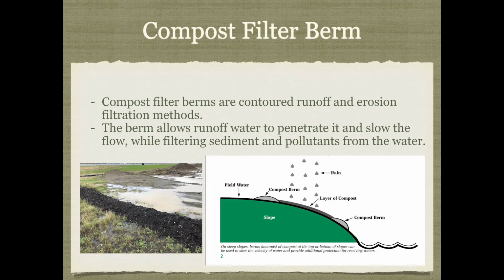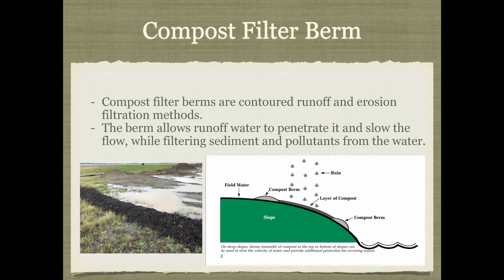So one of the really interesting methods of using compost, especially in a slope setting, are these compost filter berms. They're berms built on contour, so looking at the land and knowing where your dips and turns are. You can see in this image at the bottom, this is the compost berm, that little lump. You have the water coming down, and the compost berm not only filters the water and the sediment coming down, holding some of the material that wants to move, but it's also going to hold onto it and